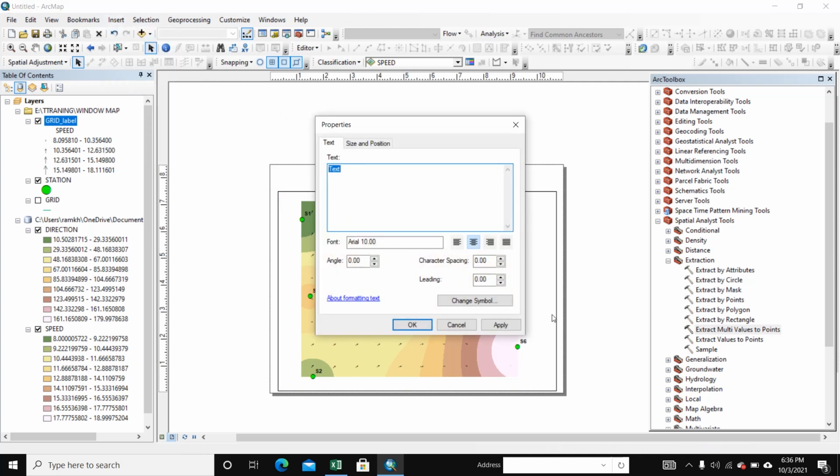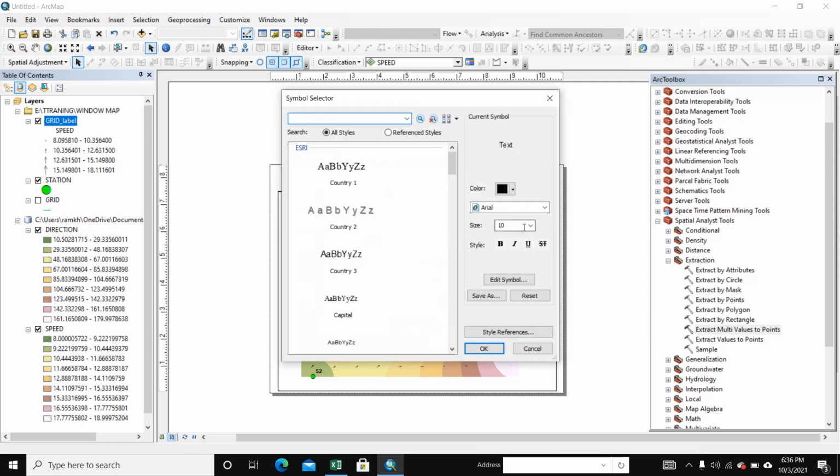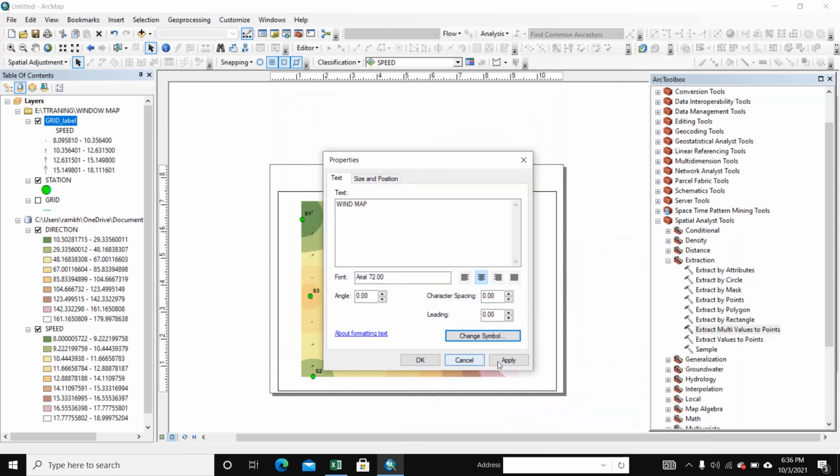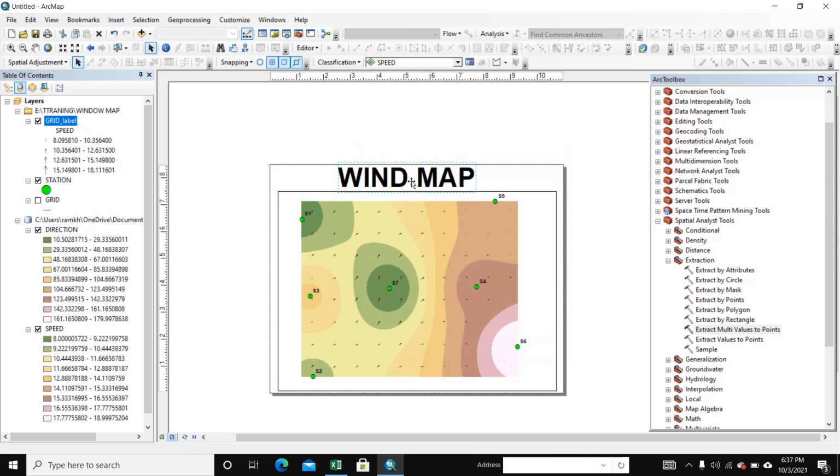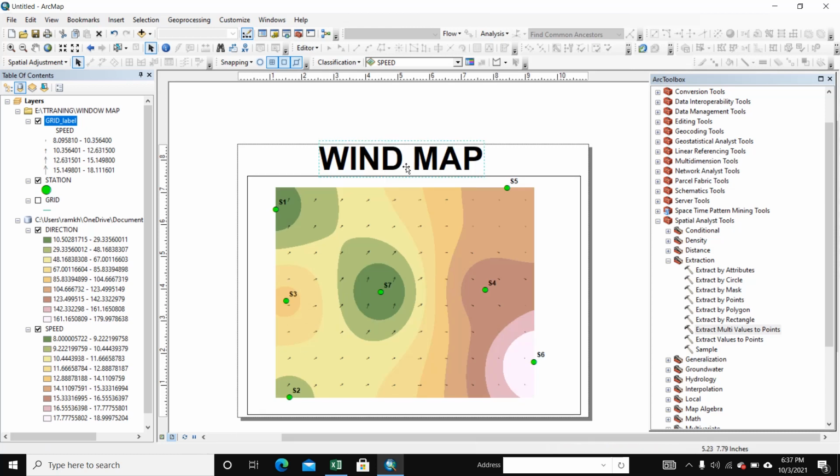we write here wind map, and we export it.